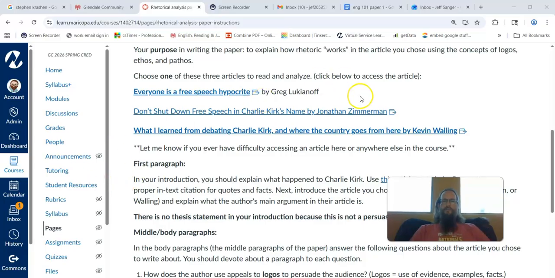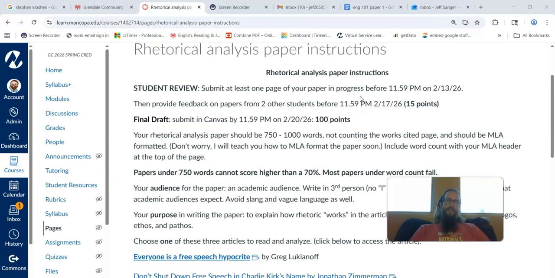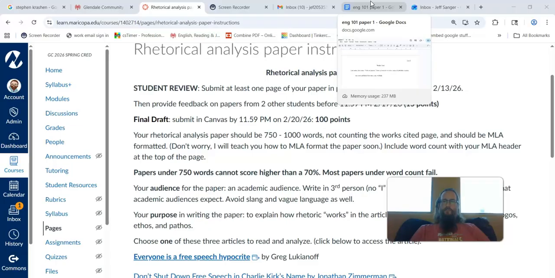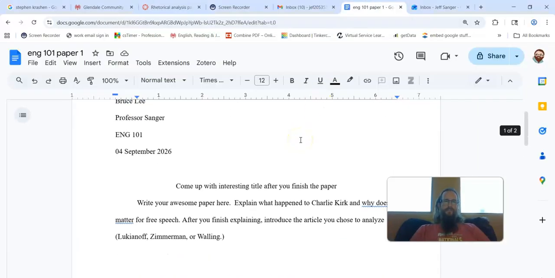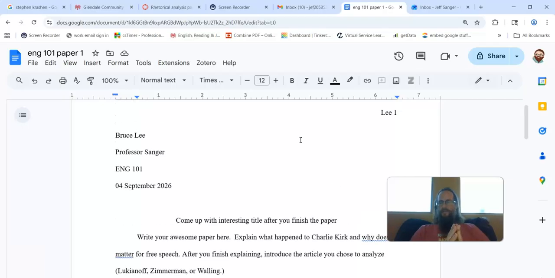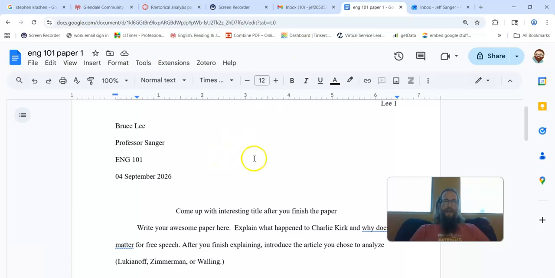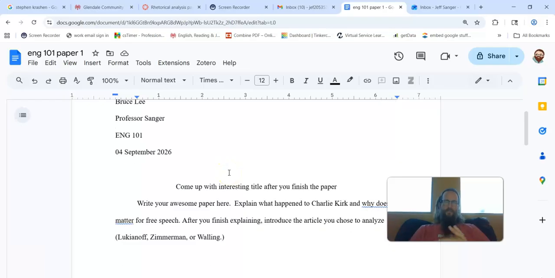So the first thing you should do is you should get your paper in progress pulled up. All right. If you were in one of my in-person classes, you've already got an MLA template set up for this paper. If you're in an online class, there are materials in the modules, including a video that walks you through how to set up the MLA template. So if you don't have this yet set up, go back and watch that video and do that part first.